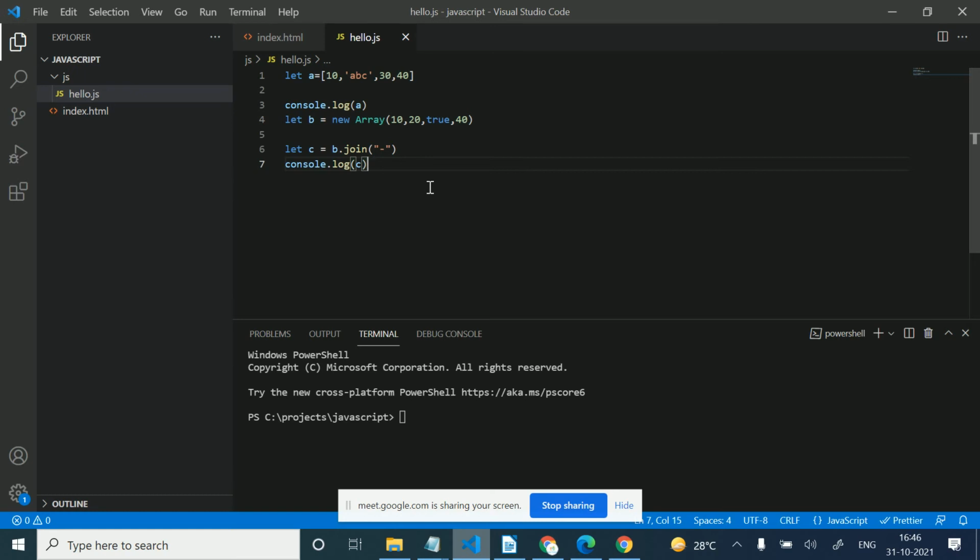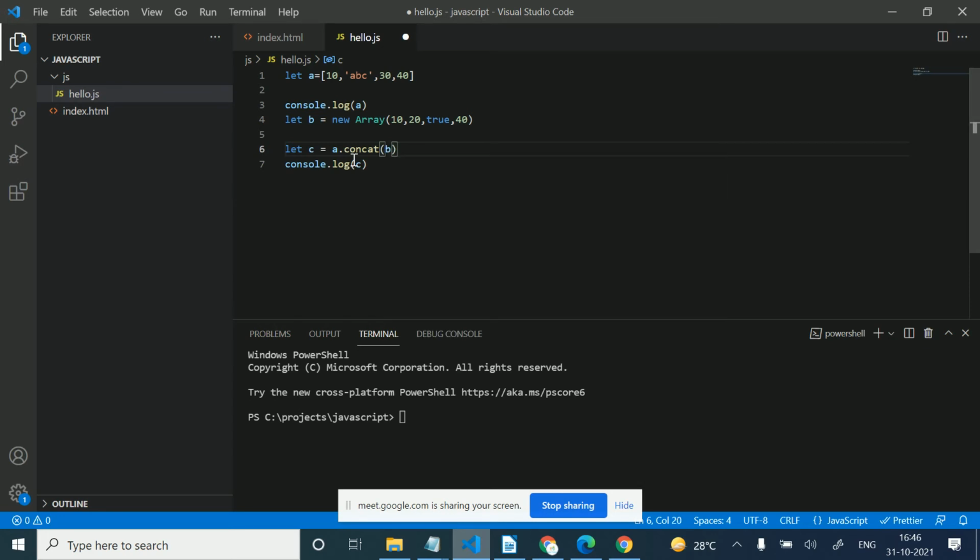So we have two arrays here. One is A and another is B. How can we merge these arrays into one array? Like we add two strings into one string by the concatenate method, we have a concat method here as well. So we can do this by A.concat(B).